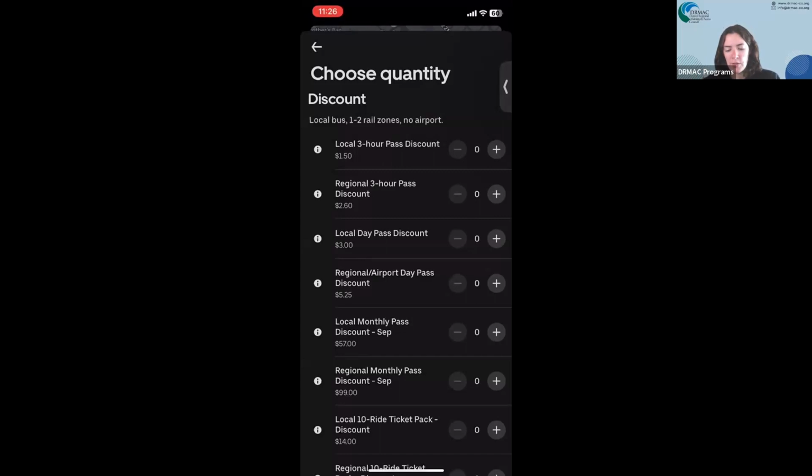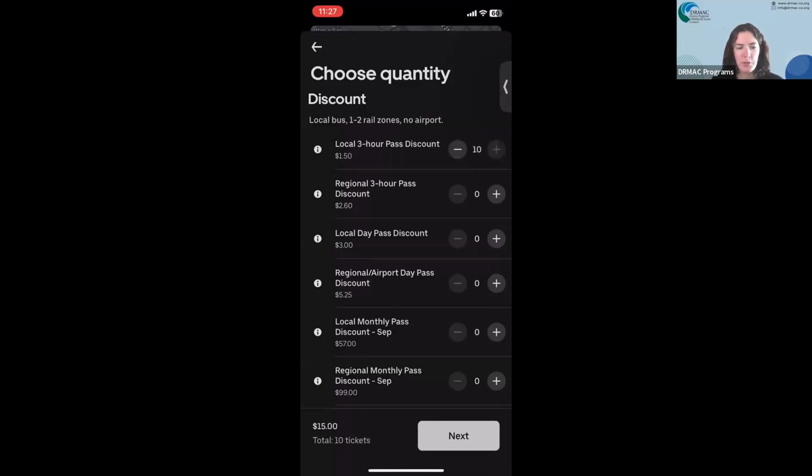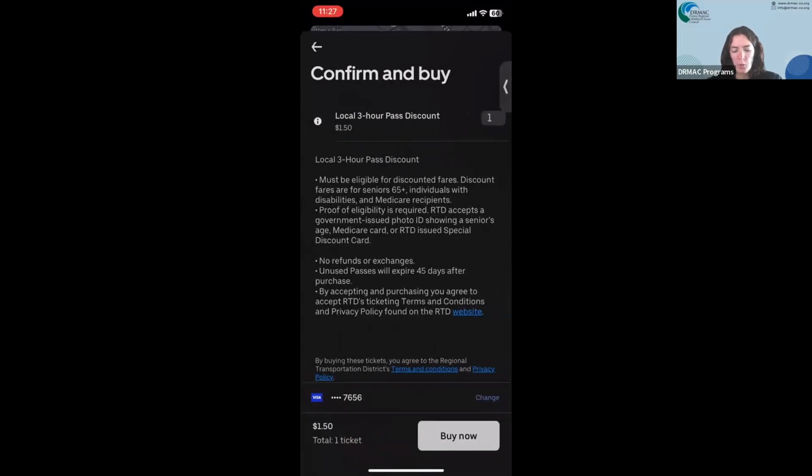On the right side of the screen, you'll find a plus and a minus button. If I click on the plus button, you can add up to, I think, 10 tickets per transaction. So if I wanted to buy, let's say, 3 local 3-hour pass discount tickets, I could do that. And if I wanted to buy 1 regional airport ticket, I could do that. Or you could click on the minus icon to get rid of that. And then you would click on next in the bottom right corner, and it will bring you to this page